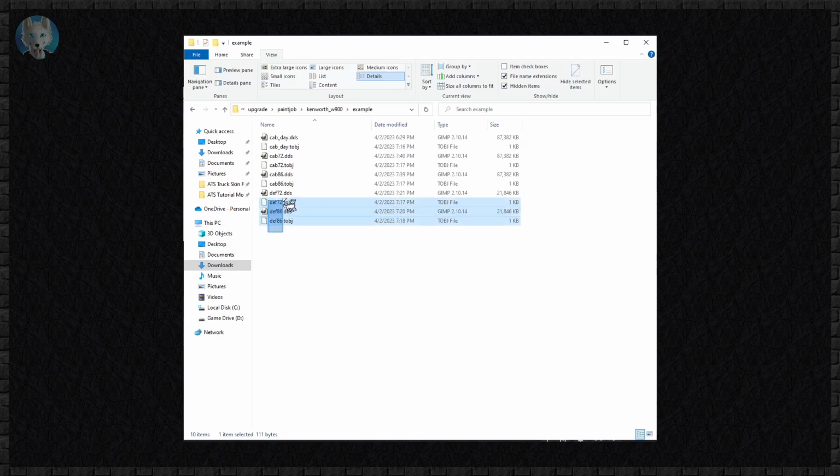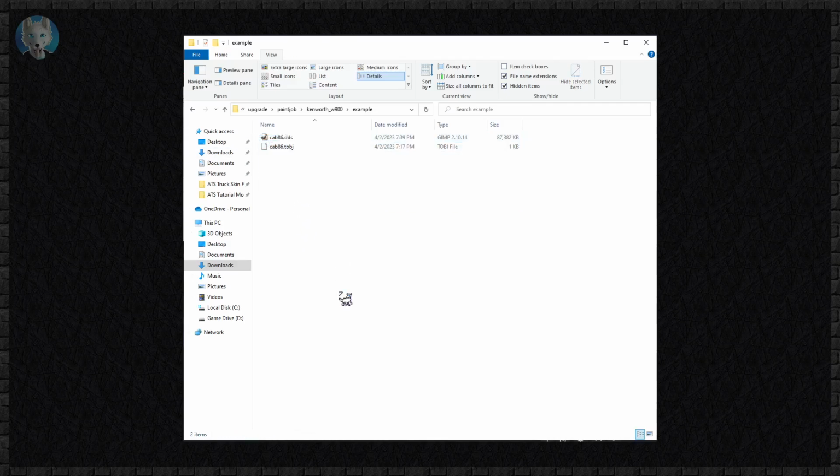The DEFs, we're not going to need either because we're not going to modify those. And because we're only doing the 86, we'll delete all these as well. So now we've only got Cap 86, and this is within the mod folder, by the way. This isn't a different one. This is within the mods folder. So the only things we're going to have are the Cap 86 DDS and the TOBJ, and that's the only things we're going to need. So now we're going to go back to